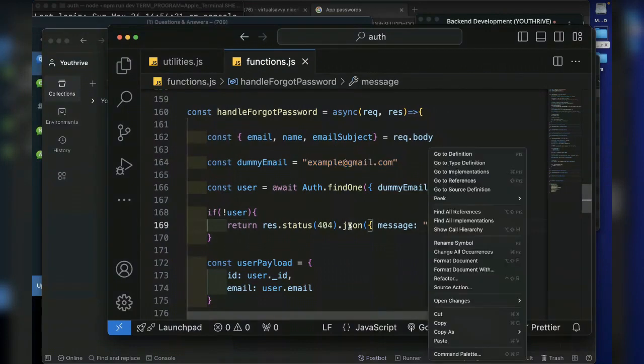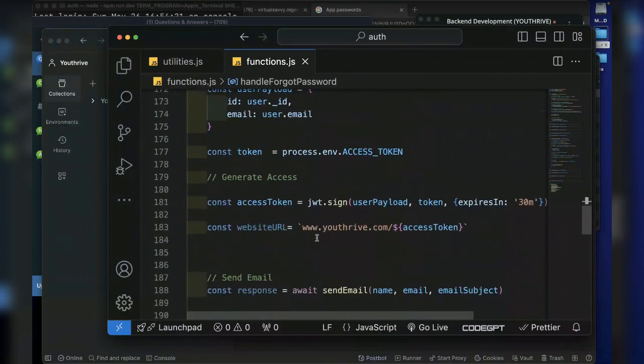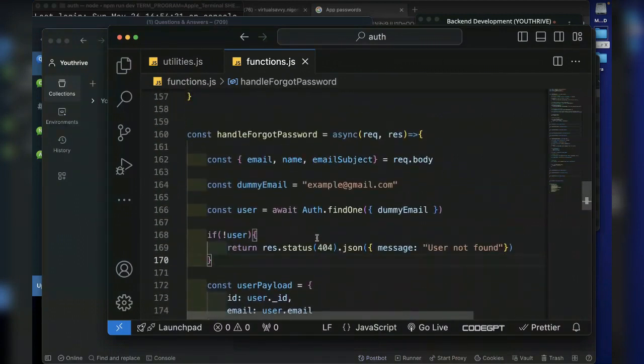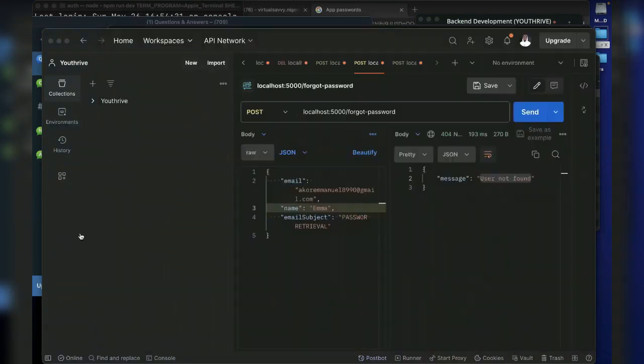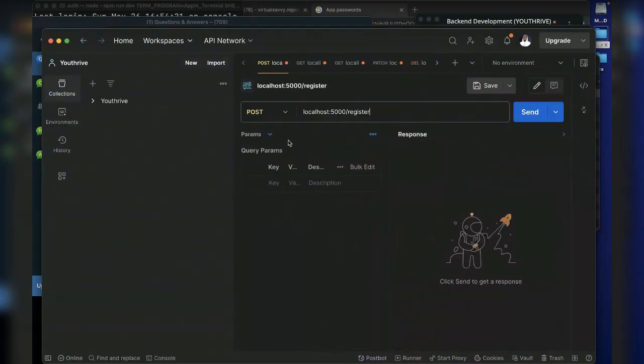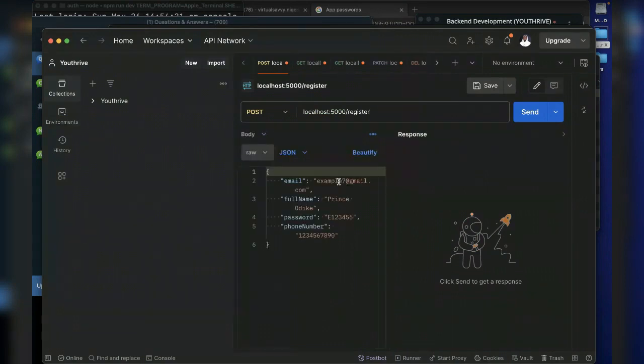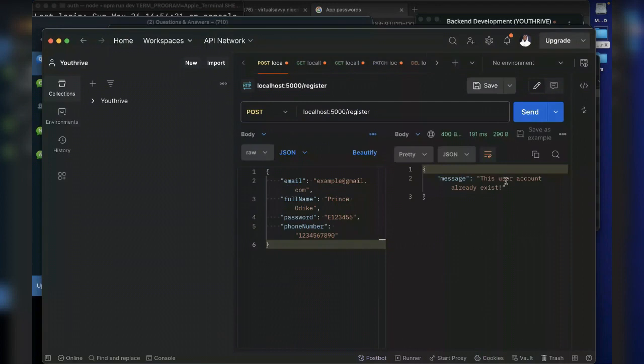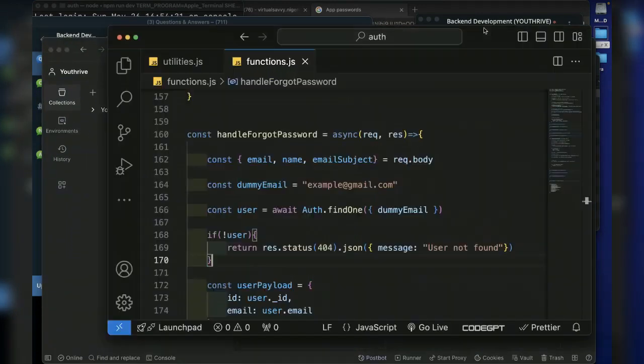I want to, you know what? I don't want to comment everything out. I want to make sure we are finding a user. So let's register a user. This is to register a user in the body with this email. Let me remove that, with this email, and send it. It says this user account already exists. So why is it not able to find the user with this email if the account already exists? Why? I'll replace it here